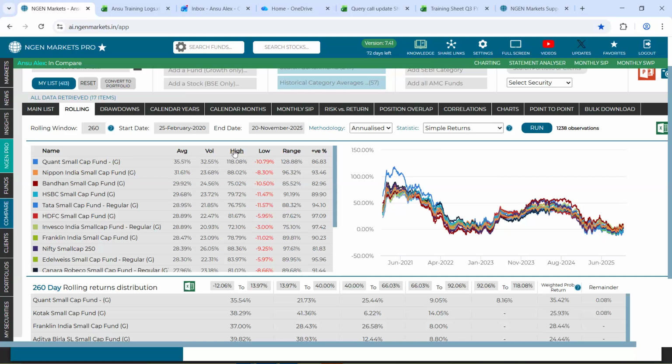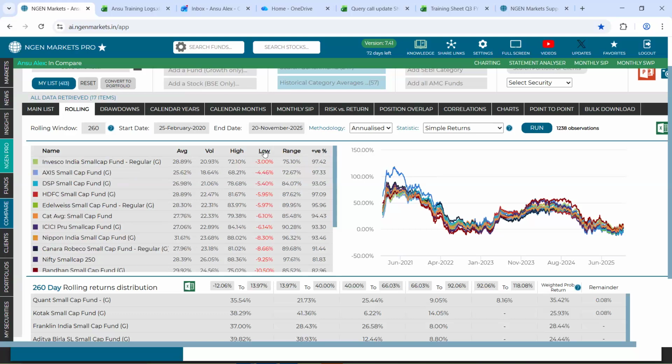Following, as the name suggests, you can see high and low, which says the highest rolling return that was generated by the schemes and the lowest rolling return that was generated by the schemes in the time horizon that has been input. And then you can see something called range, which lets us know the swing or the uncertainty between the high and the low.